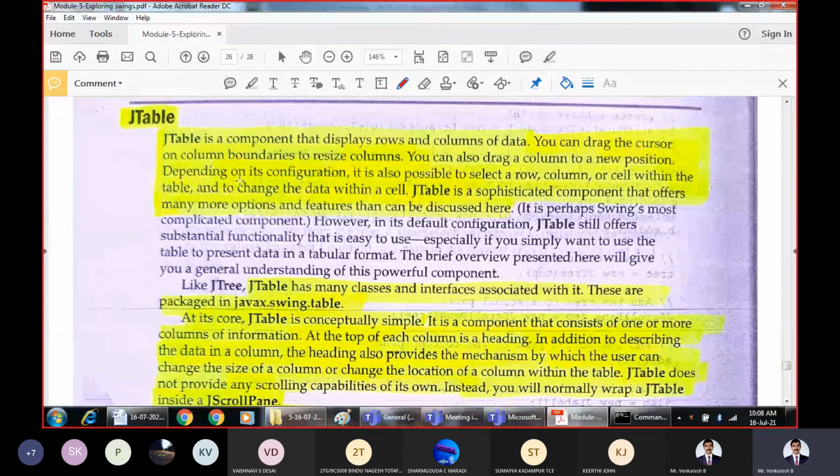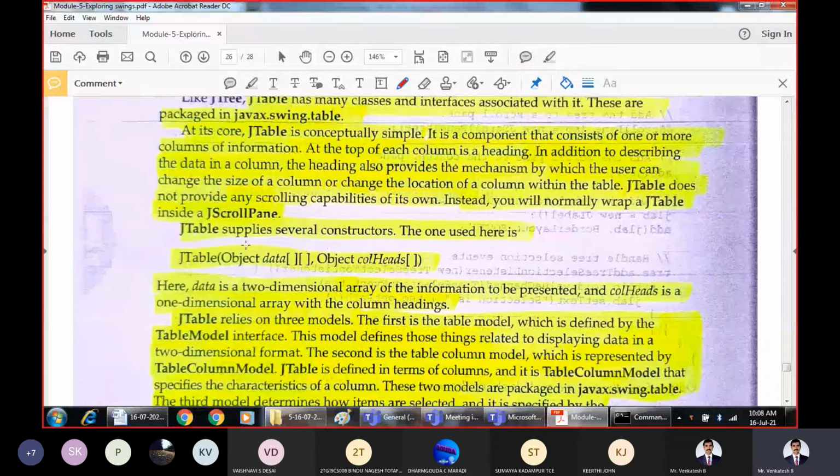And if you want, we can take some columns from one place and move them to another place also. This functionality is also provided by the JTable component. JTable has different constructors, and like we did earlier, the JTable is also embedded within the JScrollPane only.